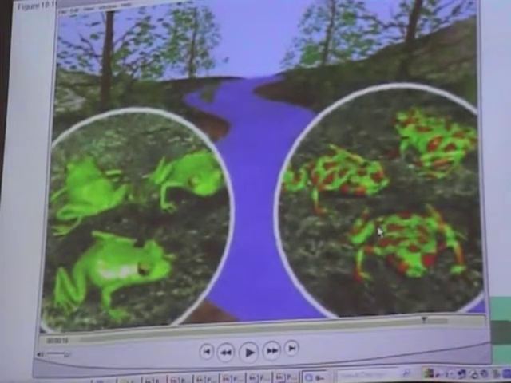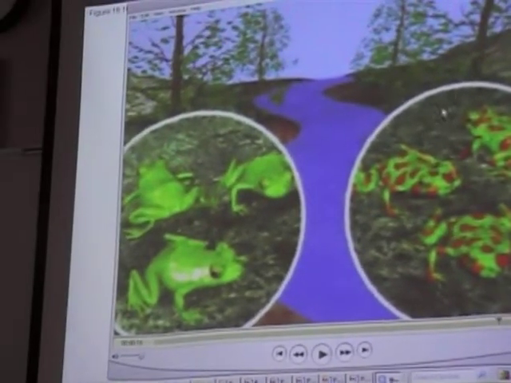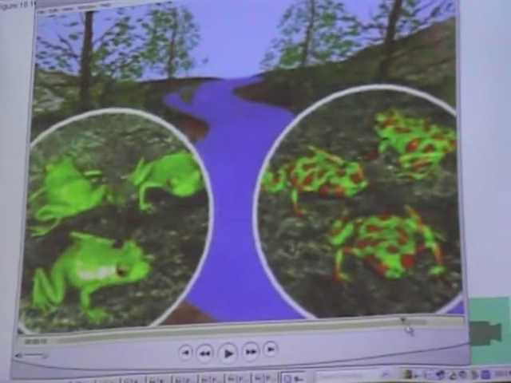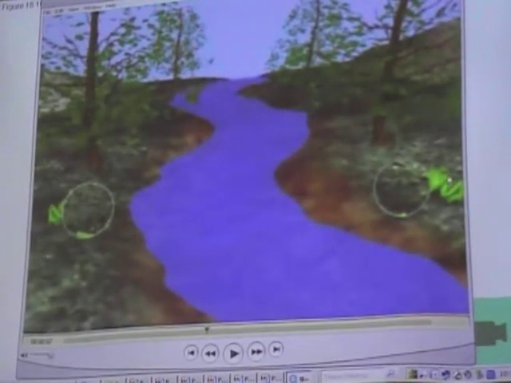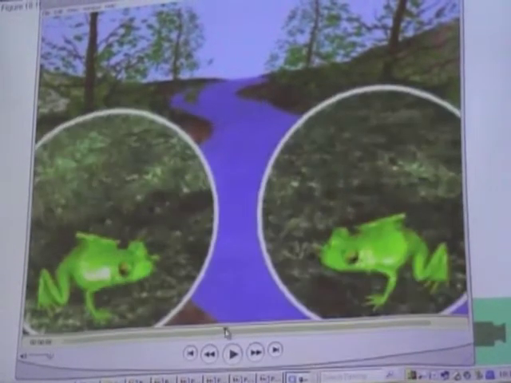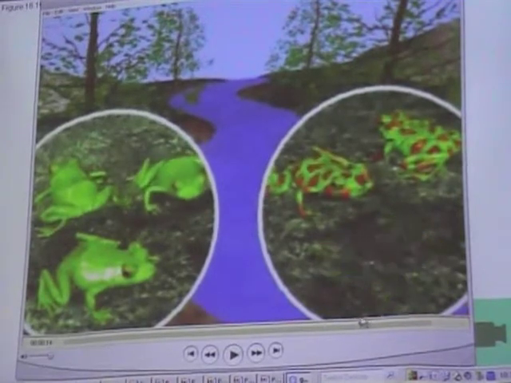So how can they now mate though? How can they have babies if they can't mate with other frogs? Yes, this doesn't just mean one frog on this side. It represents a whole population. Oh, okay, so there's thousands of frogs over here of that species. So this species gradually changes,